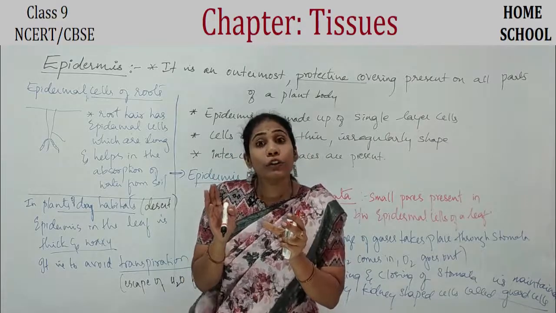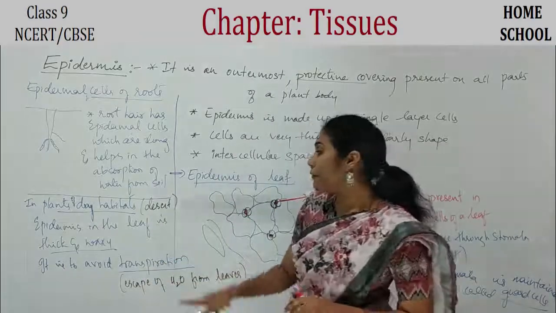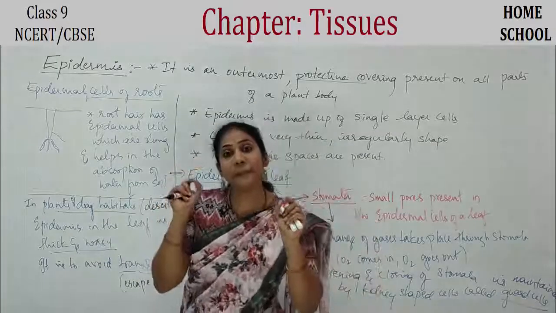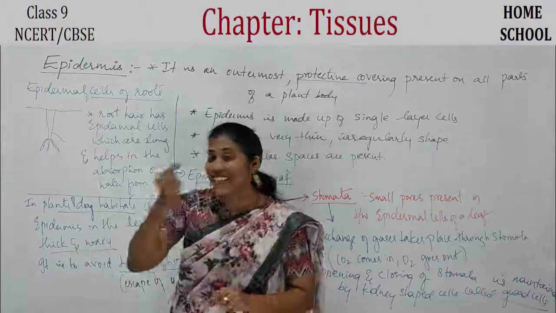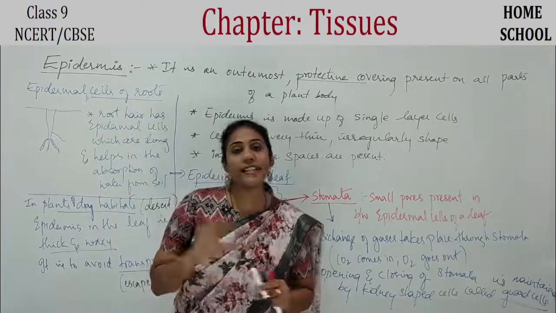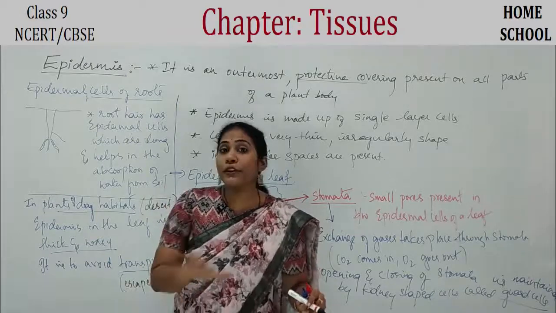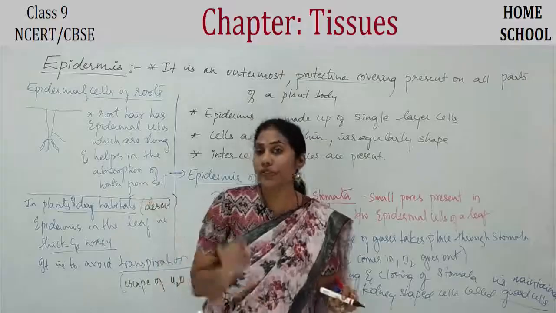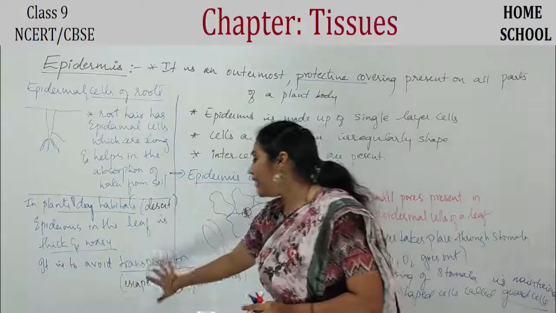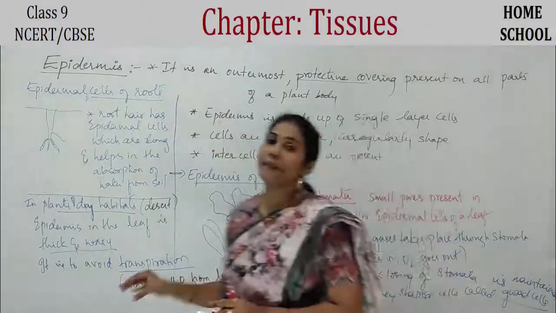Okay, say to avoid transpiration, that is to avoid escape of water from a leaf, the epidermis is designed in such a way that the cells are very much thick here and they create a kind of waxy chemical. Okay, so that's the reason the leaves of those plants living in a desert area are very much thick and you have that wax coating on a leaf so that the escape of water can be avoided. That is, you can avoid transpiration there. Okay, so these are the various uses of epidermis.